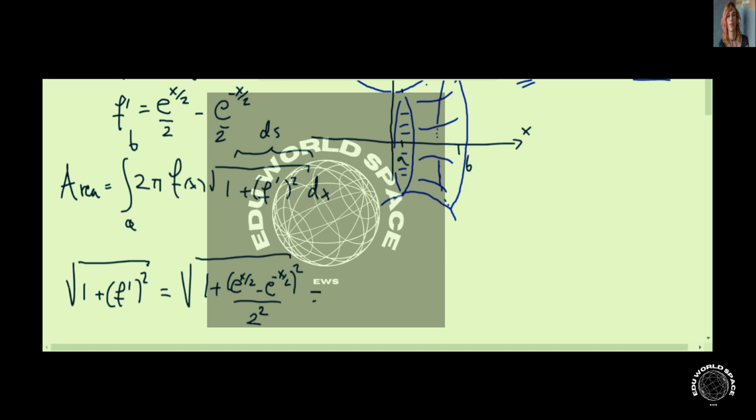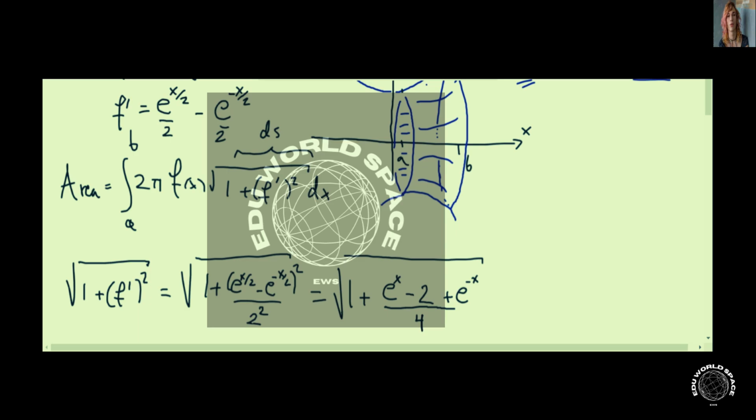so that this is equal to square root of 1 plus, well, this square is going to be this term square, which is e to the x, squared, x halves squared is e to the x. And the mixed term is 2 times the product of these two, which is 1, so minus 2, and then plus that square, e to the minus x, and then all of that divided by 4,